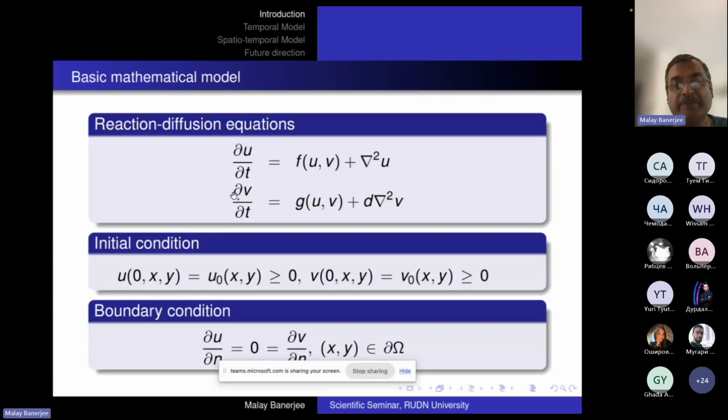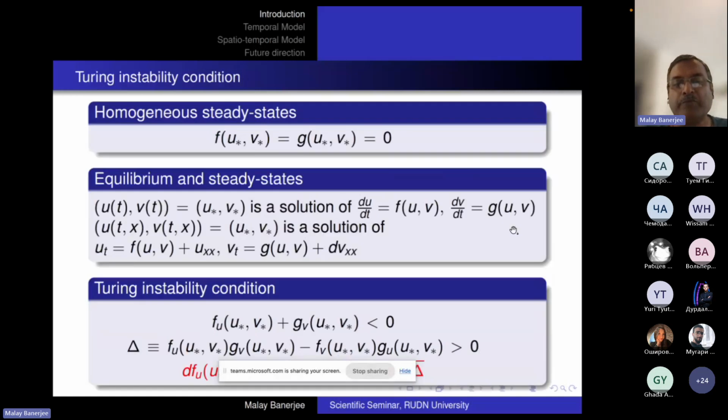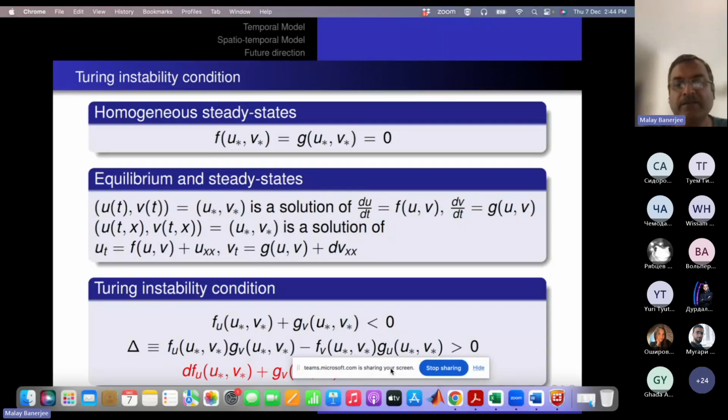And this model is subject to non-negative initial condition and zero flux boundary condition for simplicity, and this particular domain omega can be considered as a rectangular or square domain for simplicity, and its boundary is denoted by delta omega. Now for having stationary pattern, one particular approach is to find out the Turing instability condition, and that Turing instability